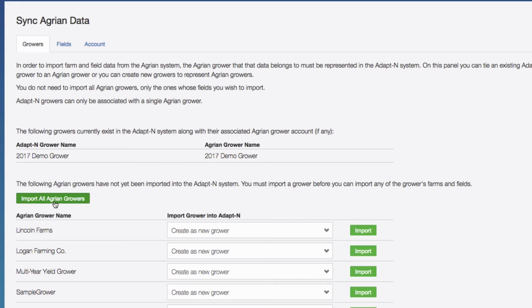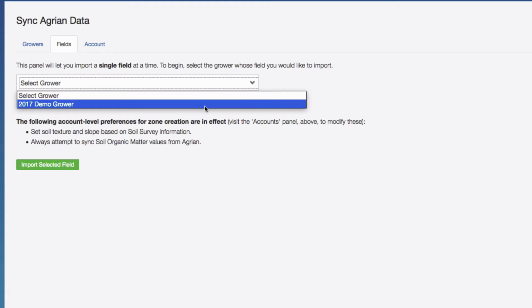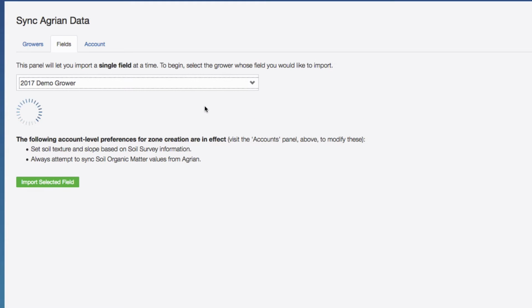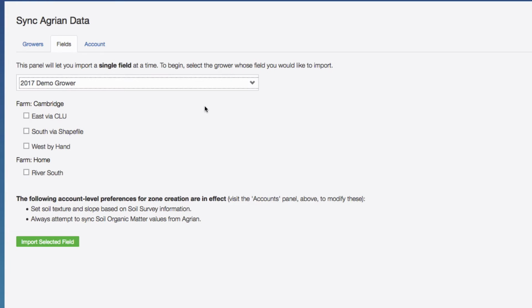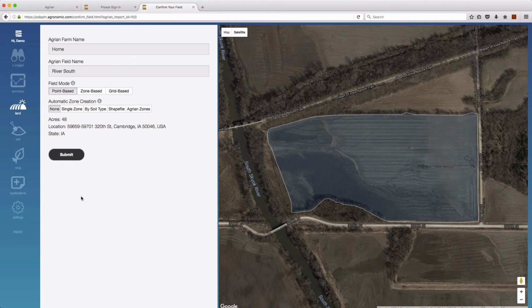Alternatively, you can click the Import All Agrian Growers button if you'd like to make all growers available within AdaptN. Once you've done that and imported the growers of preference, go to the Fields tab, choose the grower that you'd like to work with, and then you'll have the opportunity to select the field you'd like to import. Once you've checked the field you're interested in, click the Import button, and AdaptN will pull the boundary from Agrian